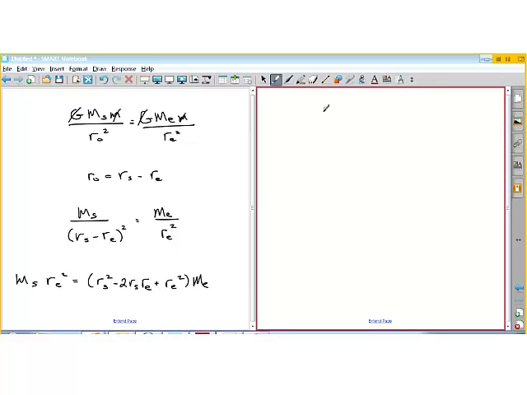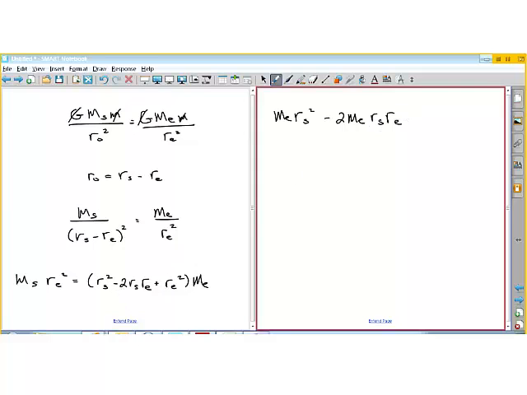We need to get this all on one side and set it equal to 0 and then solve for it. So you're going to have this, and then you're going to subtract that. So we're going to have r sun squared times, well, we're going to multiply times the mass of the Earth. Mass of the Earth, so this times that, and then I'll get 2 mass of the Earth times r sub s, r sub e,